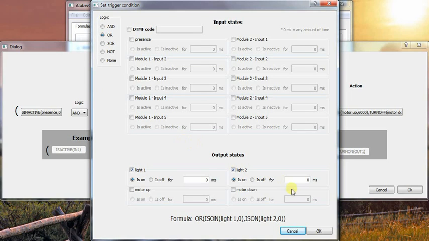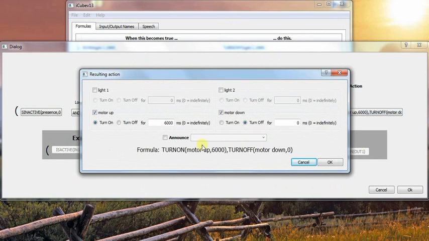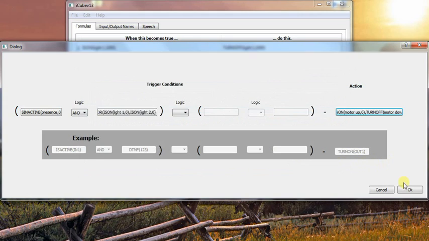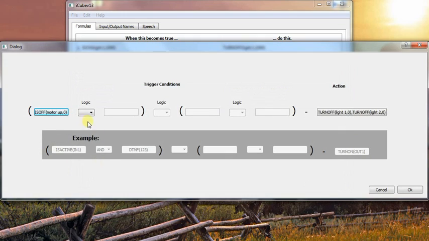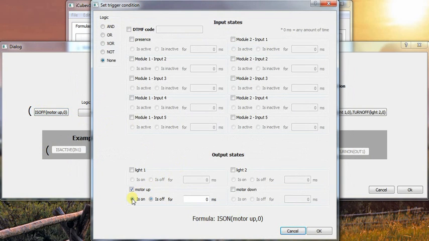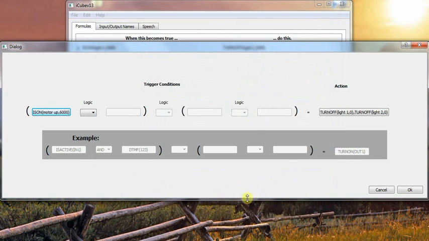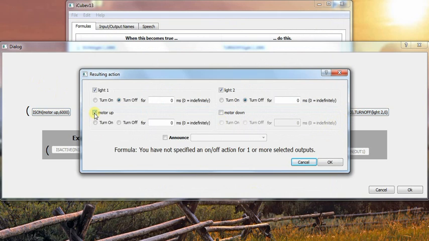What we want to do is, instead of turning the motor up on for 6 seconds, let's just turn it on indefinitely. So we're going to set that to 0. And for our last rule, we've been looking at when motor up is off. And what we actually want to do is edit that rule and say, okay, once motor up has been on for 6 seconds, then we turn the lights off. And we'll also need to add an action over here to turn that motor up off after the 6 seconds. So if we click OK there,